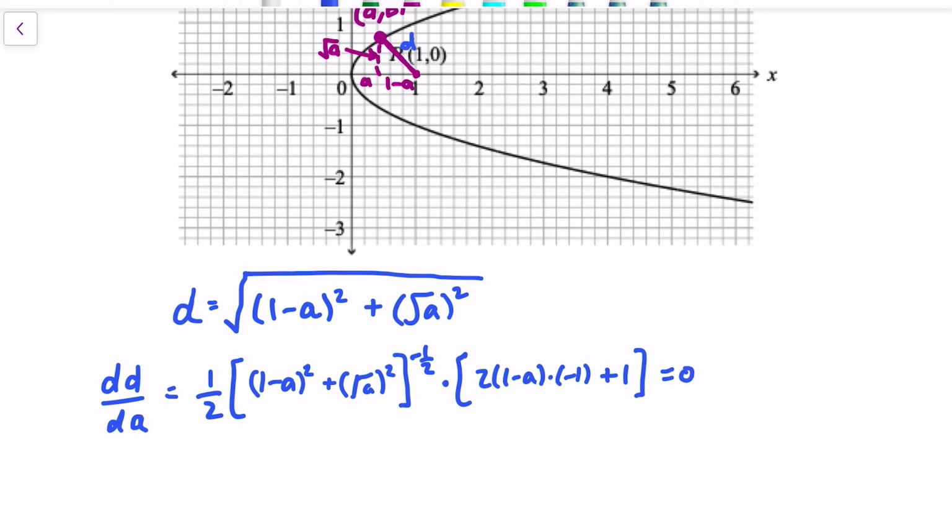The numerator, that whole bracket, 2 times 1 times negative 1 is minus 2, plus 1 is minus 1, so we've got